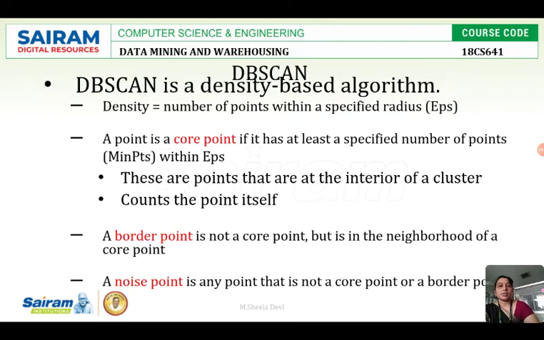DBSCAN is one of the algorithms in density based clustering. So DBSCAN is a density based algorithm. Density is nothing but the number of points within the specified radius. So within a specific region, how many points are there? If we have a maximum number of points, then the density is high in that region, and it will be clustered into a single cluster. If we have fewer points within a particular radius,